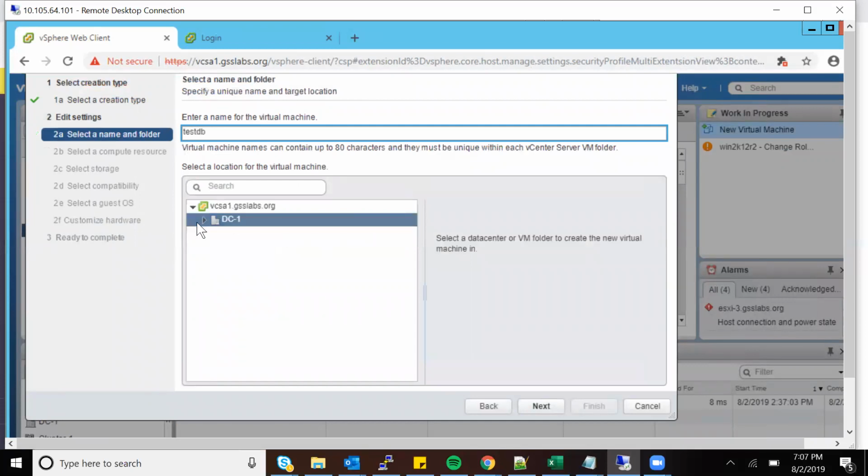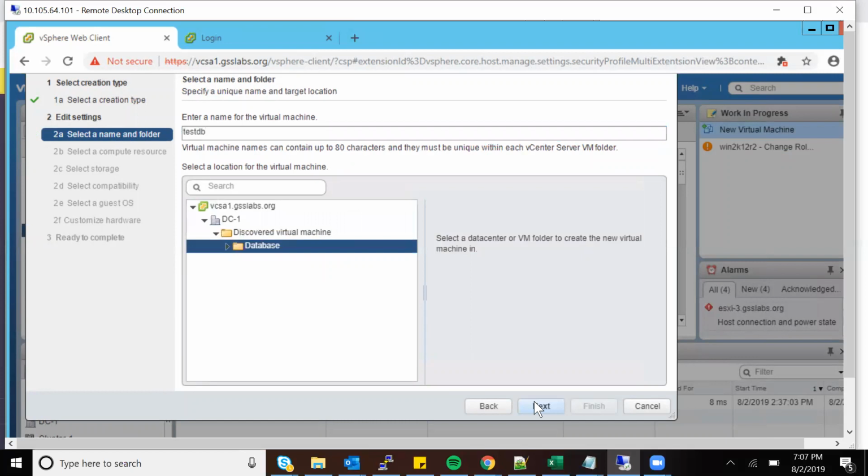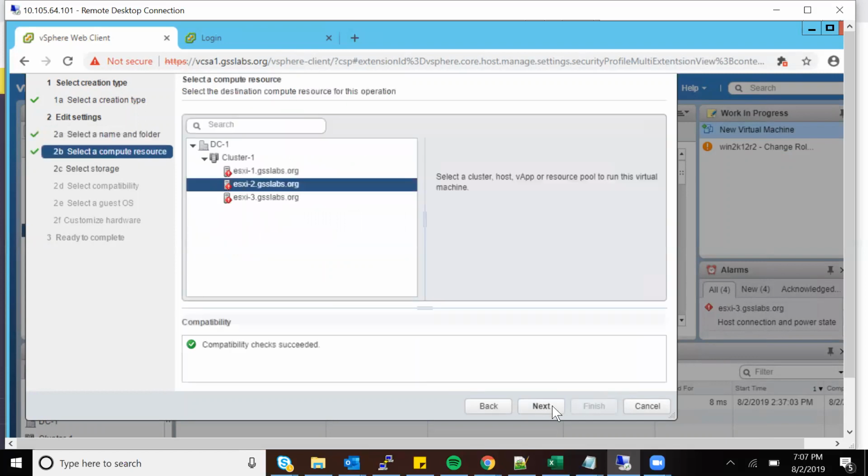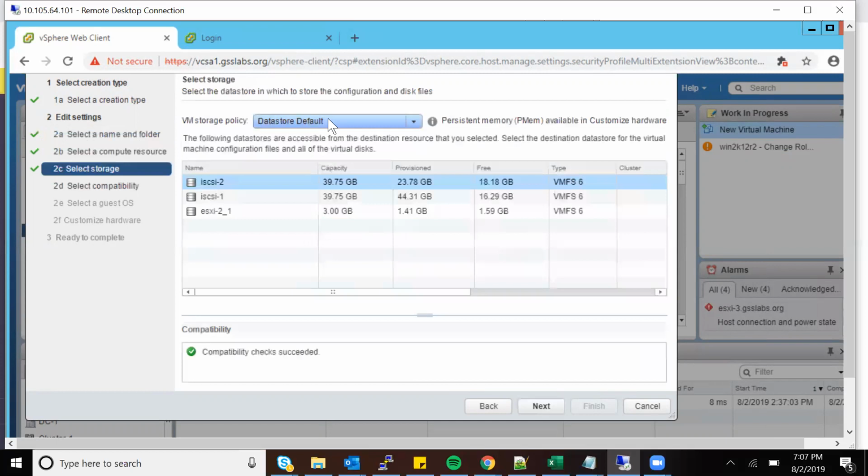So I'm creating a test DB. If I expand the database folder, I will be able to see all my database VMs. So it is not mandatory that when I'm creating the VMs, I create all the database VMs out of a single host. I can create them on any of the hosts. Suppose I have 5 hosts, I create 2 database VMs from each of the hosts and put them in the folder. So I do not have to bother where this VM is lying. I just go to my folder and I figure it out.